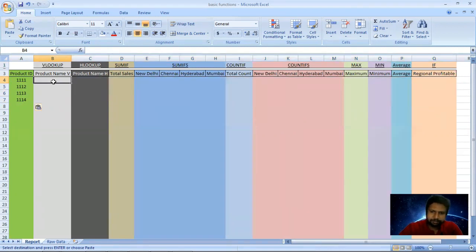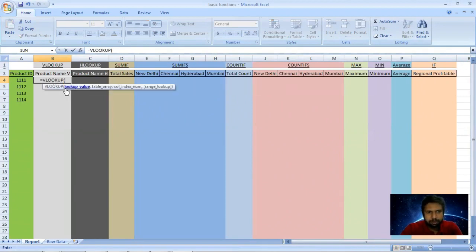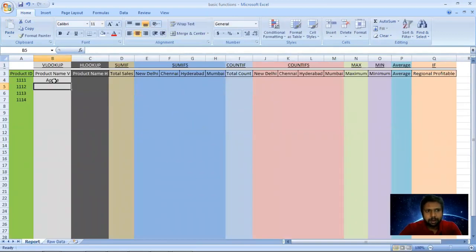So let's start by putting the formula VLOOKUP first in the B column. It is equal to VLOOKUP. It is asking for the lookup_value, so I need to look up this value in the raw data. This is the column that I will select to identify the product ID or product description. And here you go, I will just drag it down and you can see the product ID and its product